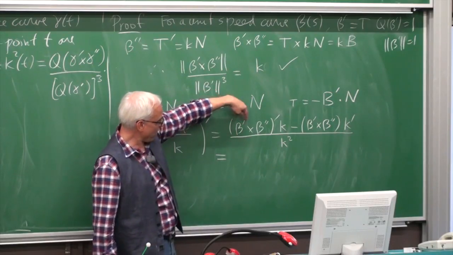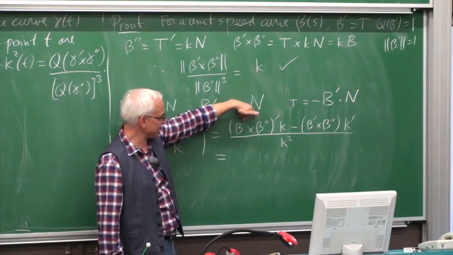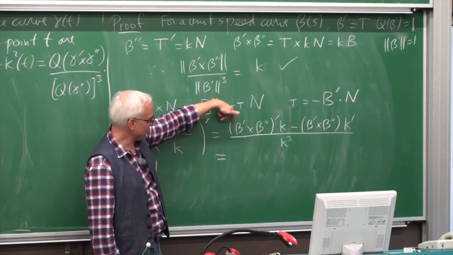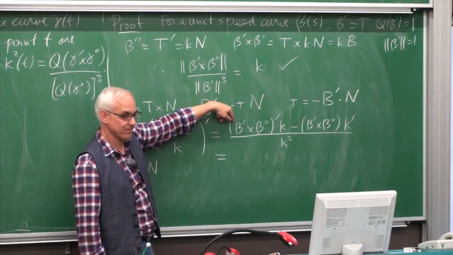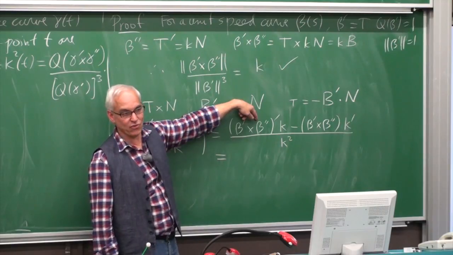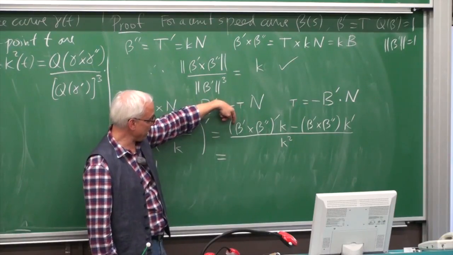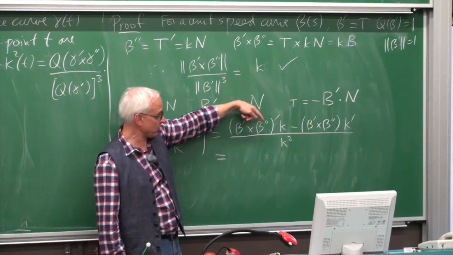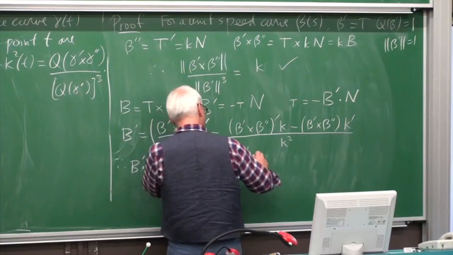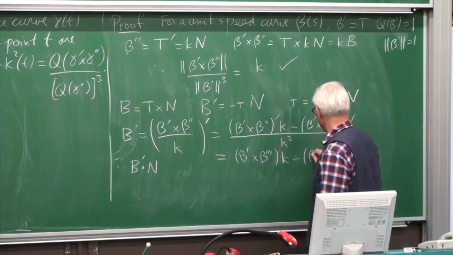So if we differentiate beta prime cross beta double prime, these are betas, yeah, I have to differentiate what's inside here. The derivative of beta prime is beta double prime, so that's going to be beta double prime cross beta double prime. But that's a vector crossed with itself, so that will be 0. And the other term will be beta prime cross the derivative of beta double prime, which will be beta triple prime. So we get beta prime cross beta triple prime times k for that derivative, and the rest is just as it was before.